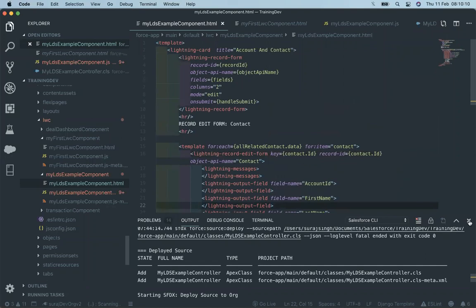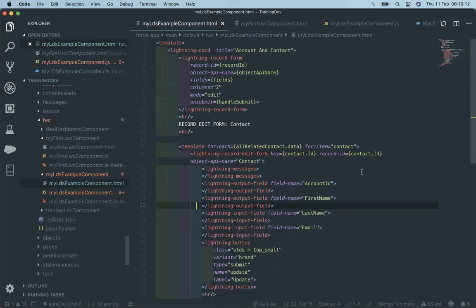So, let's move to the next. Now we are going to discuss how to pass the value from parent component to child component, or child component to parent component.